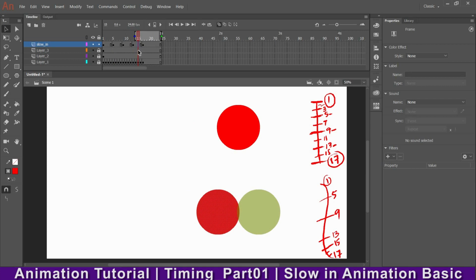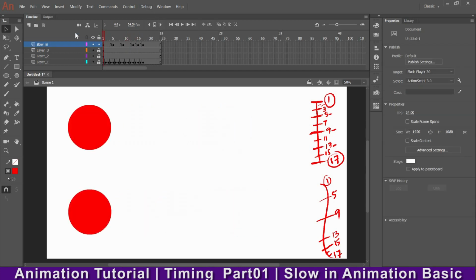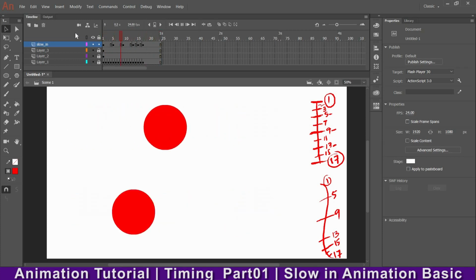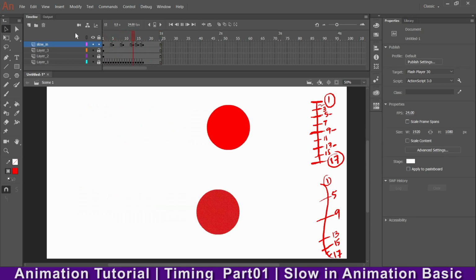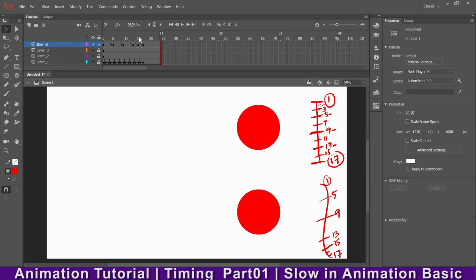So now the next frame will be on F6. Then what I'll do, I'll place it in the mid of 13 and 17, roughly like this. So the action will be like this. It's not looking that smooth, but I'll make it smoother. How? I'll tell you just now.